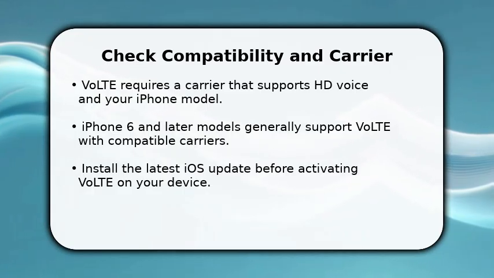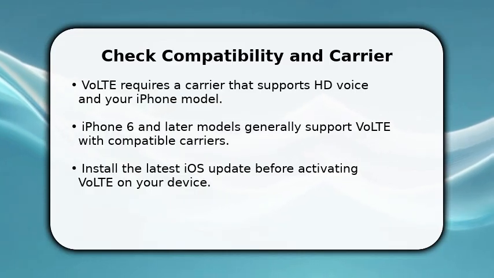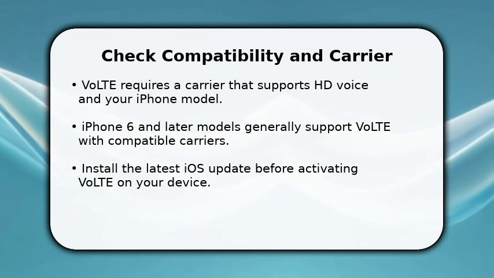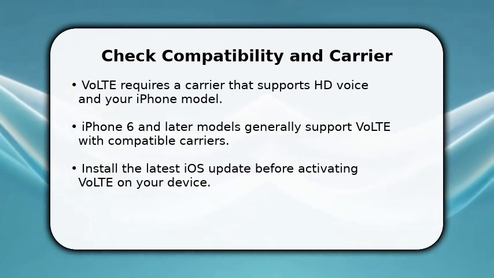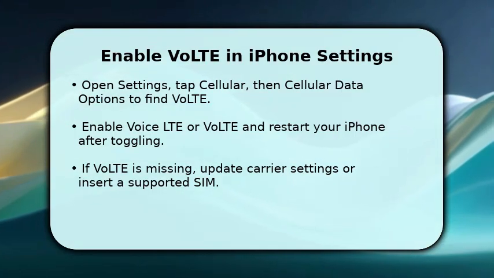Update your phone to the latest iOS release in Settings, then choose General and Software Update. Restart your device after updating to ensure carrier settings install properly. Keep your carrier account active and properly provisioned before proceeding to open Settings and tap Cellular to access your mobile